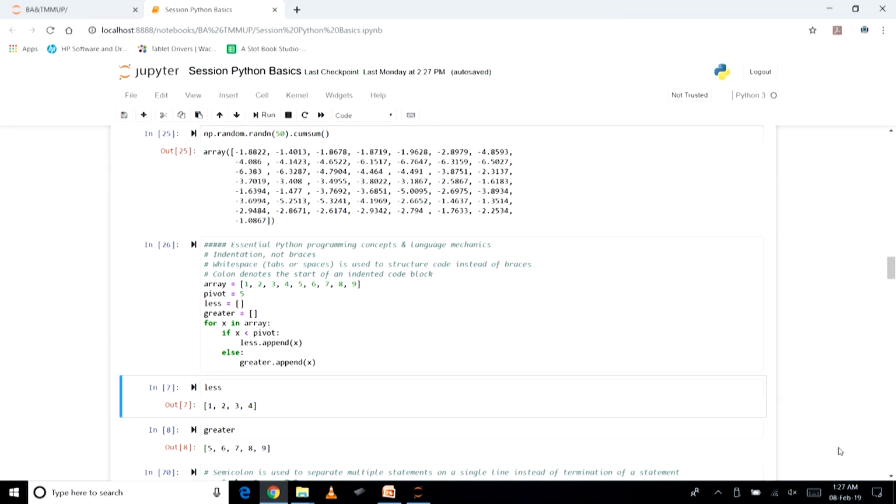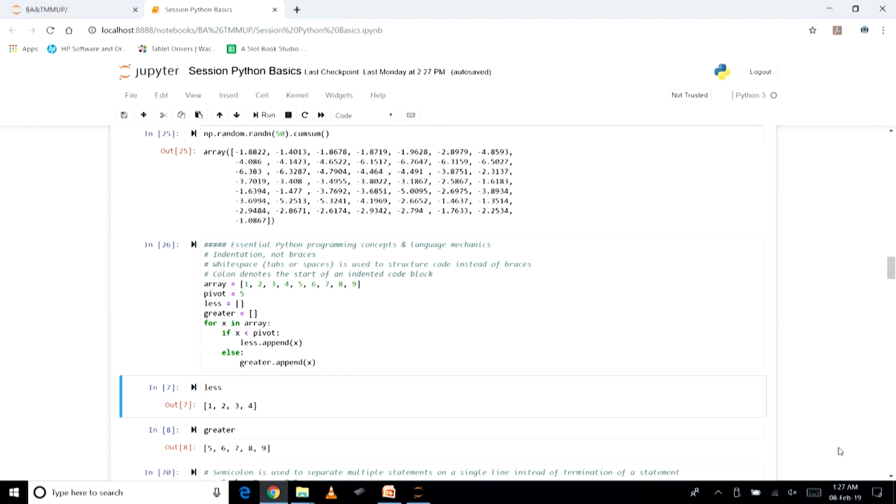First thing, indentation. In Python, we do not use braces; rather we use white space, which includes tabs and spaces. This white space is used to structure the code instead of braces, as is typically done in compiled programming languages. I have written a small piece of code to explain this.